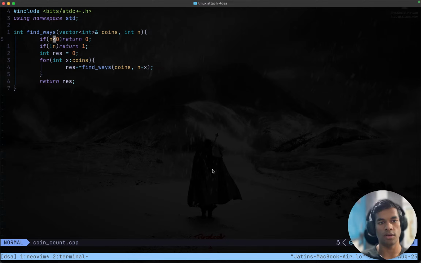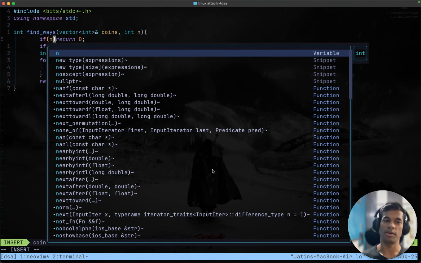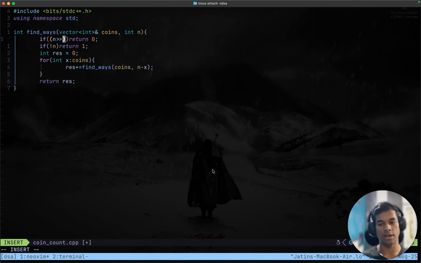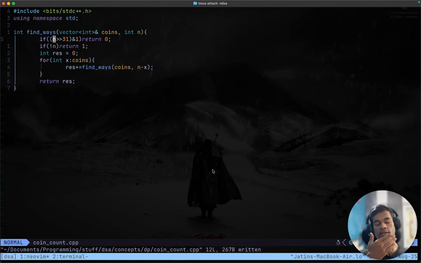And here, this is fine. I would like to check this condition. I think we can do something much more elegant, not elegant, but crazy than this. Let's say we have n and we shift n right 31 times and take its AND with 1. That would indicate if n is negative or not. Because after right shifting n 31 times, if n is an integer, which we are supposing it is, then the MSB, the highest bit,